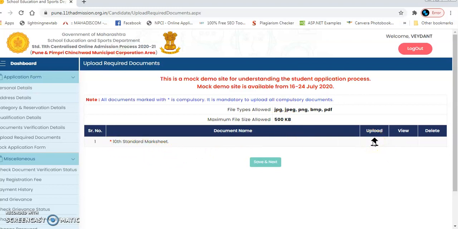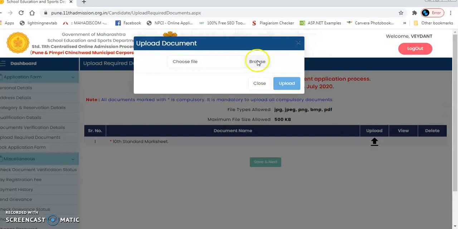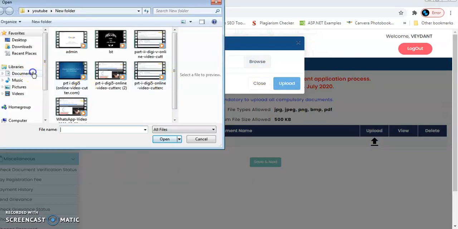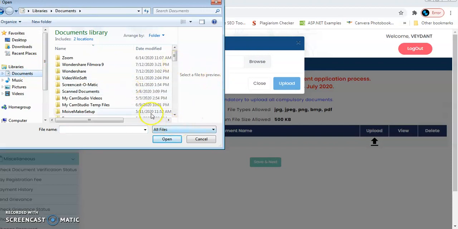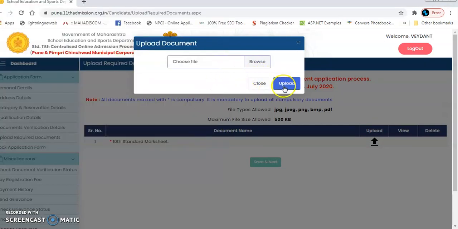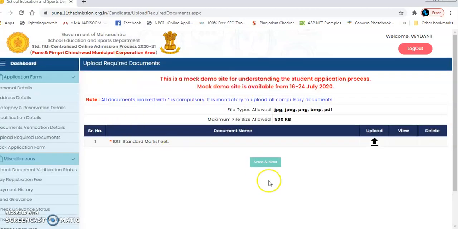You have to remember all the documents which are necessary, like the 10th standard mark sheet, your leaving certificate, photos, and then your caste certificate. These are the important documents. You have to scan all these documents, and the size you need to keep is 500 KB. Whenever it is required, you have to choose the file, browse the location where it is available on your device, and click on it. After that you can click on upload, then save the required documents and go on to the other verification details.